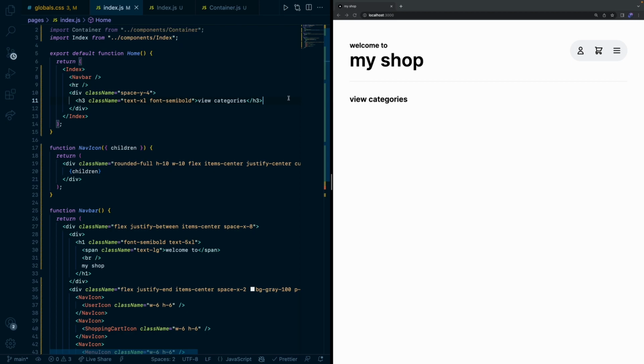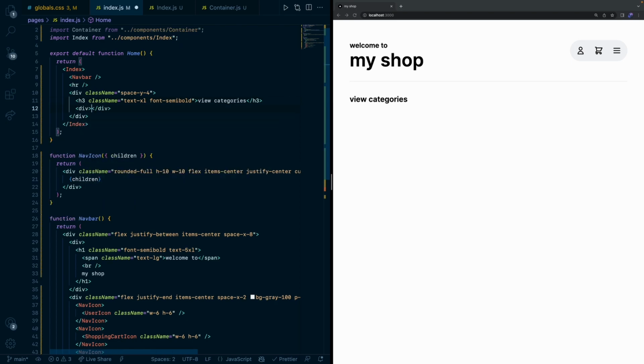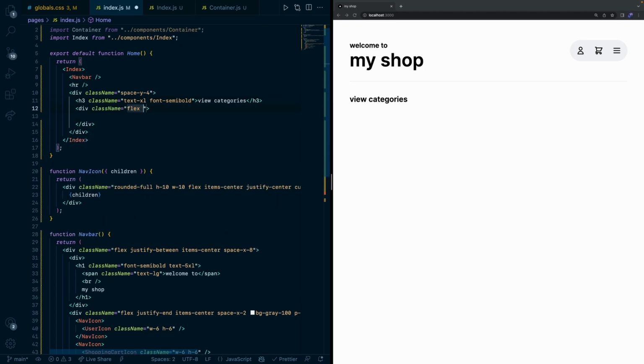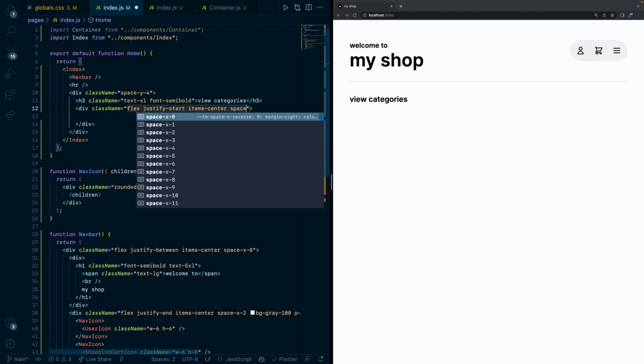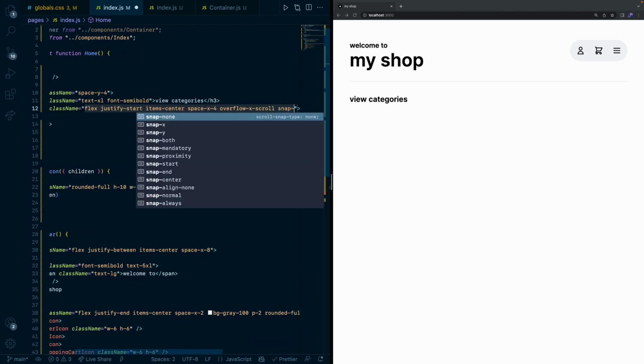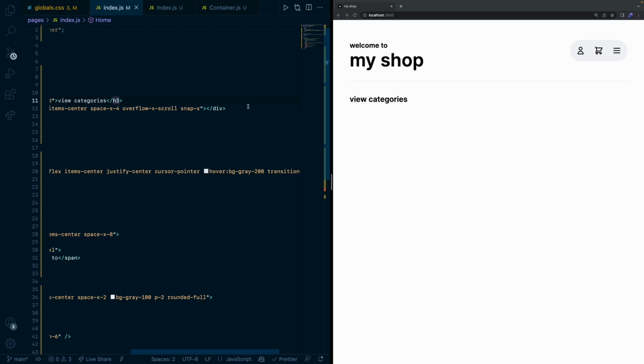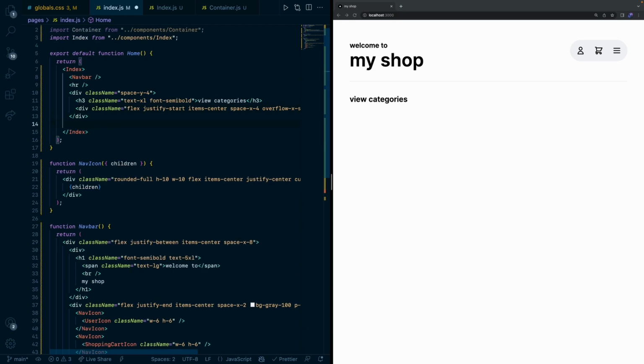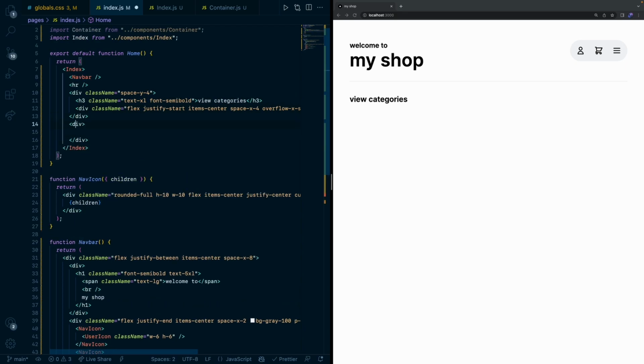You'll see that pops up. Then we're going to write div, className flex, justify-start to start it on the left, items-center, space-x-4, overflow-x-scroll, and then snap-x. Okay, that's all we're going to add for now. Then below that, we're going to add another div, className space-y-4. Pretty similar. We can just copy this View Categories text over,